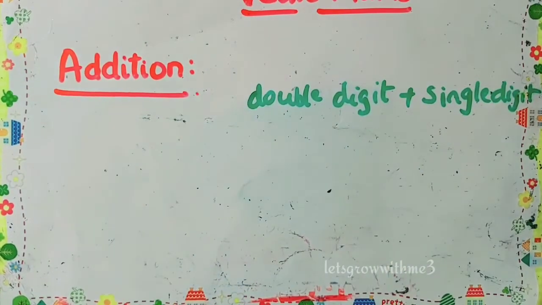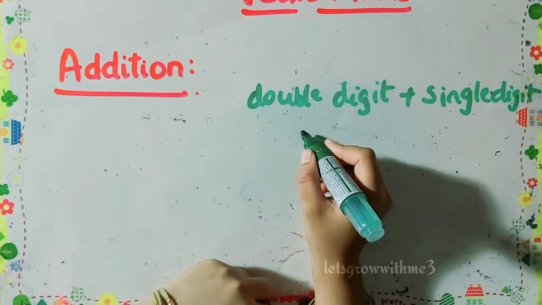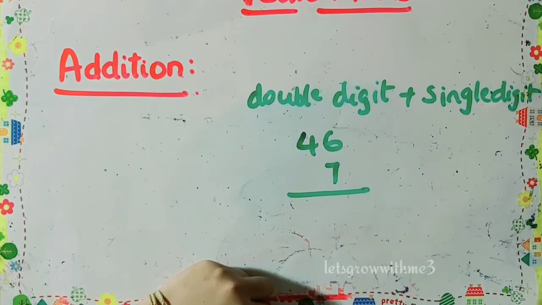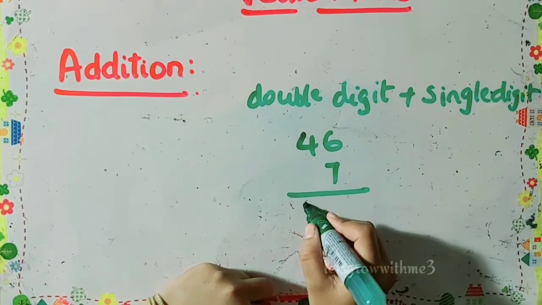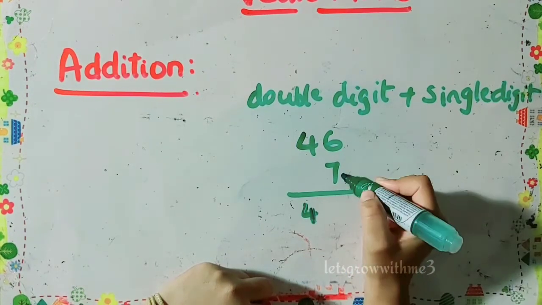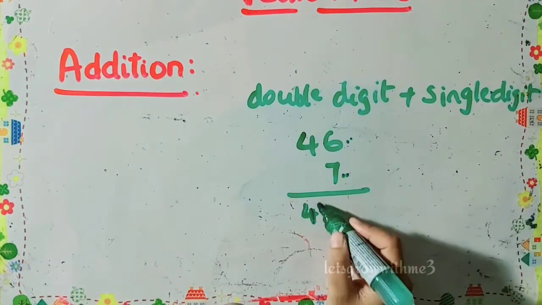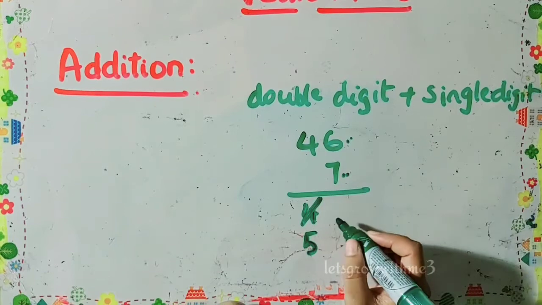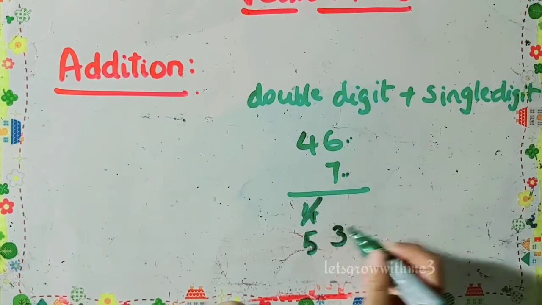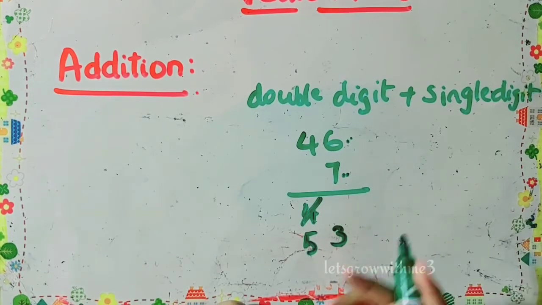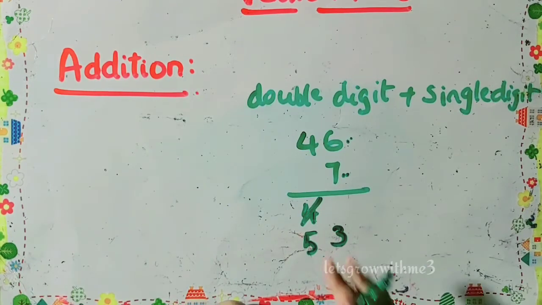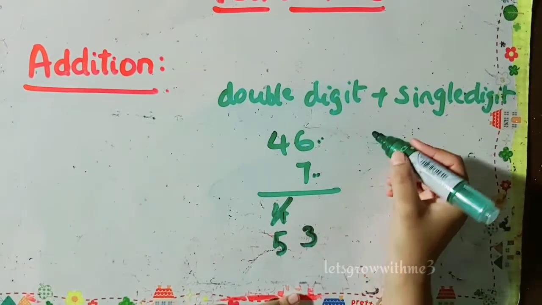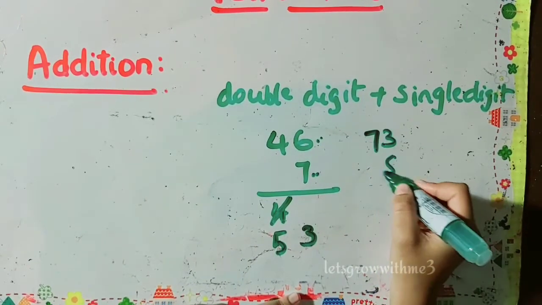Okay, now let's see double digit plus single digit with carry combination. So suppose 46 plus 7. So we need to make the tens place 5. You need to add 1 because it's a carry combination. Whenever you see a carry combination, you need to add 1 in tens place. So which is 5 actually. And 6 plus 7, the end value we need to write, which is 3. So 53. So just when we have carry combination, we need to add 1 to the tens place.